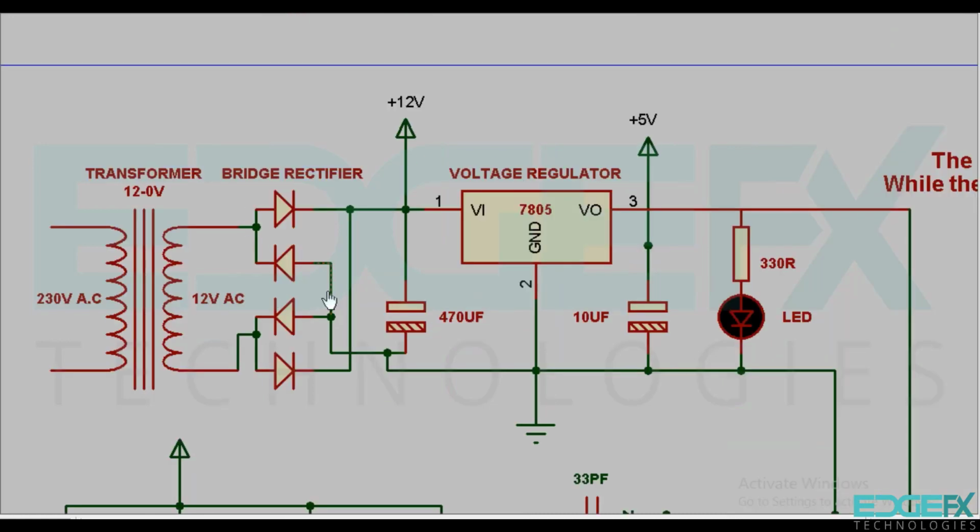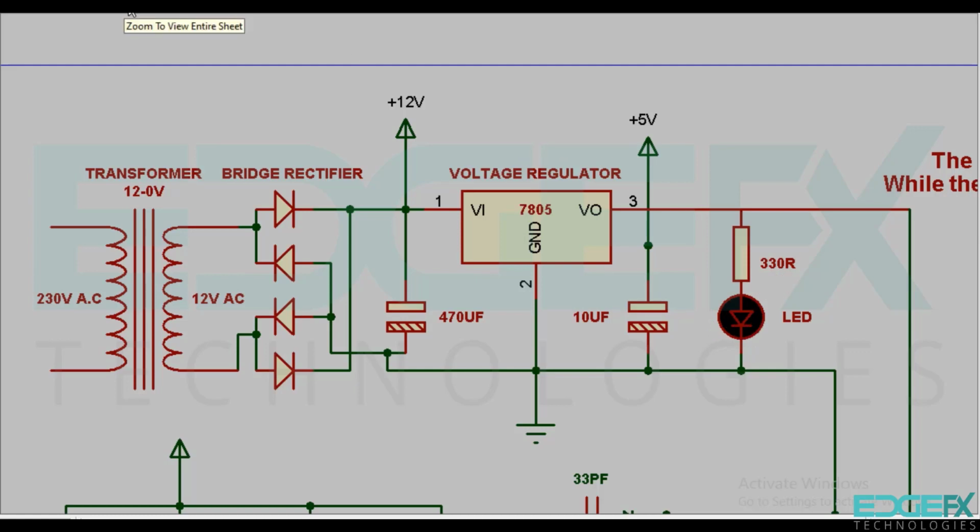Here we have the power supply section. We use the step-down transformer, 230 volts AC to 12 volt AC. This AC is rectified by the bridge rectifier, followed by a 470 microfarad capacitor acting as a filter, followed by a 7805 voltage regulator giving an output of plus 5 volt DC, followed by a 10 microfarad capacitor used to clear the ripples from the supply,